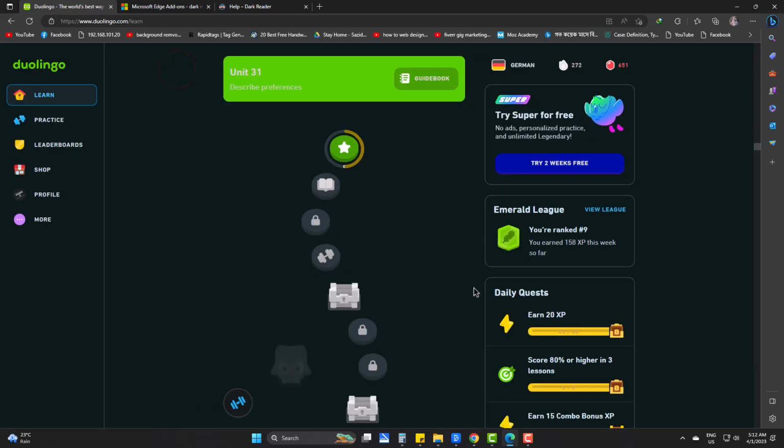And this is how you can simply use dark mode for Duolingo on Microsoft Edge browser easily with a simple